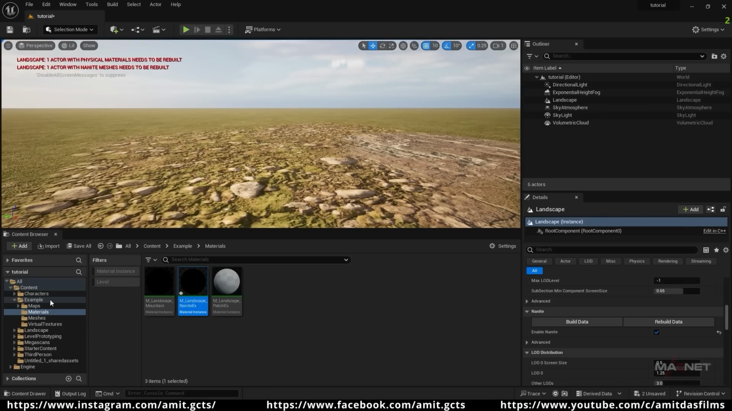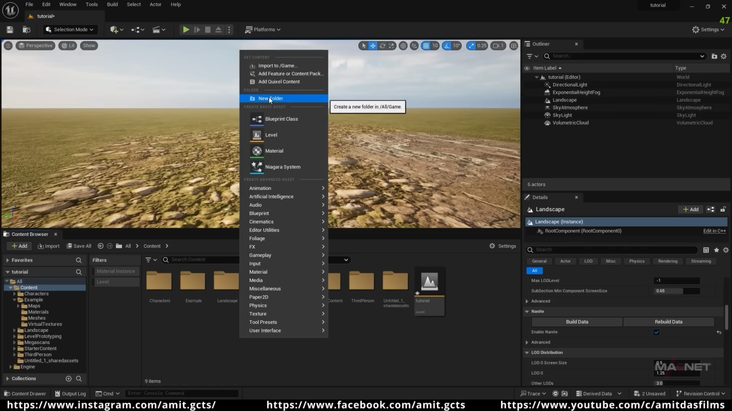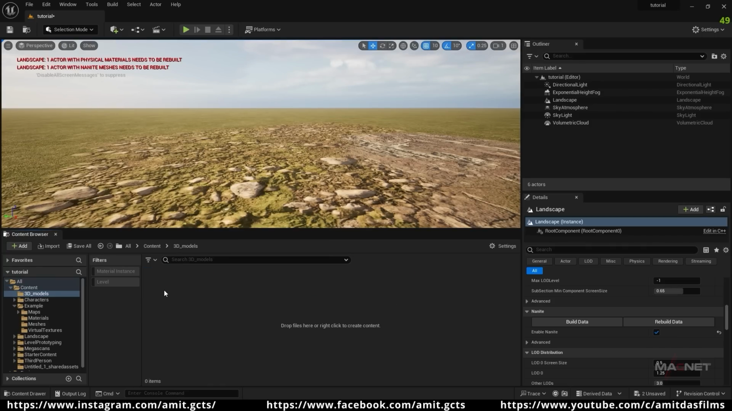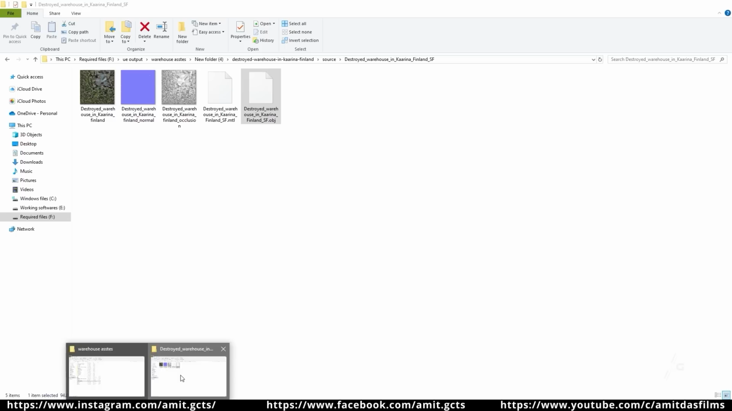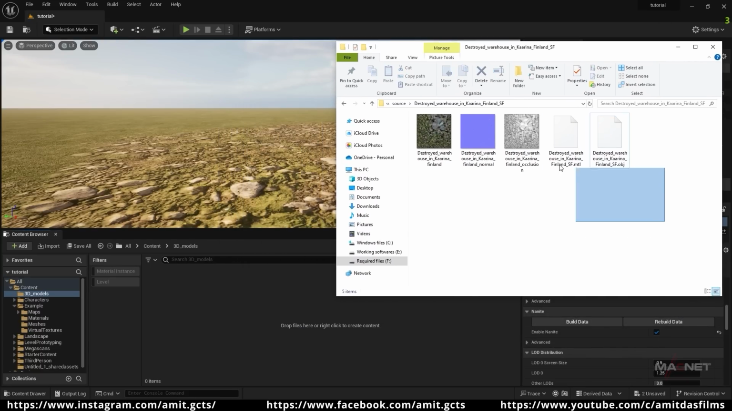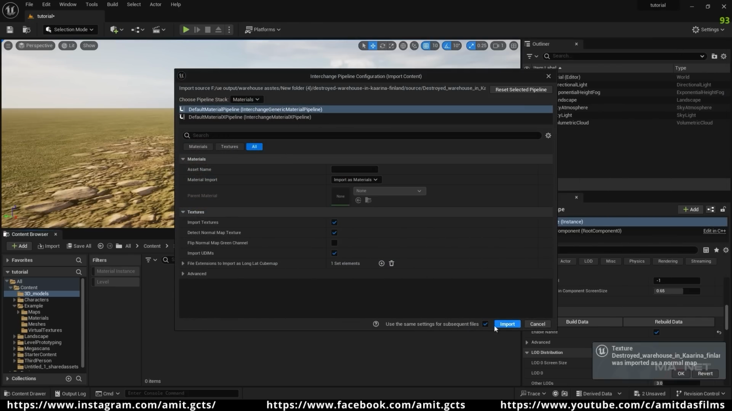let's see how it works. So first we go to this content folder, and then we're going to create a new folder, and maybe we name it 3D models, and then we open this one, and we go over here to drag this file. So maybe we place it over here, and we select all of these files,